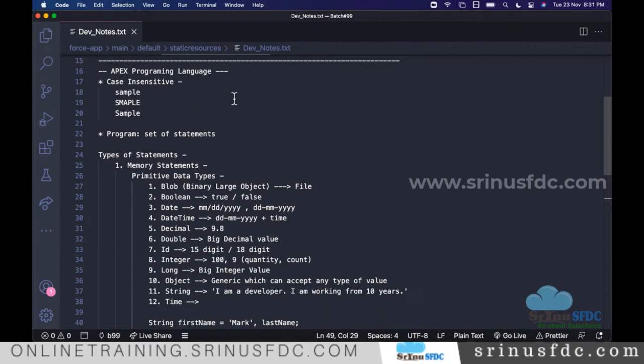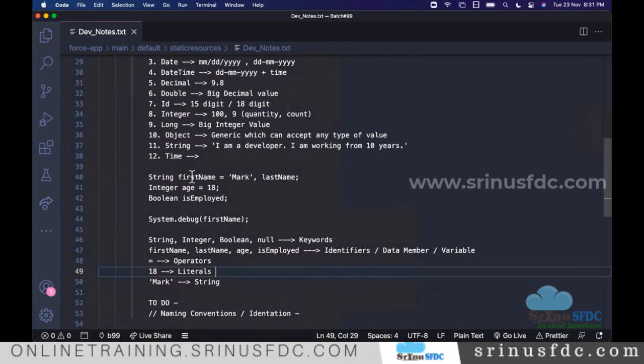The first thing is it is case insensitive, meaning whatever tokens we use, for example, the keywords and the identifiers, whatever we mention in the statements, those are case insensitive. For example, if I give everything in capital, it will still work.